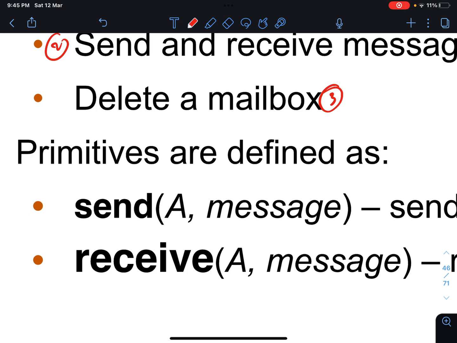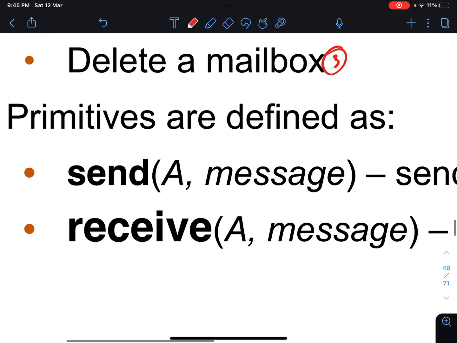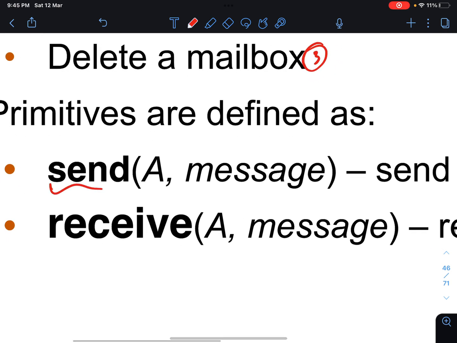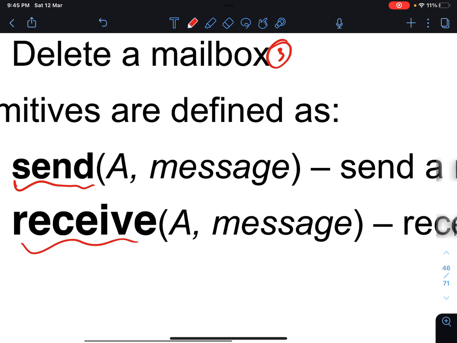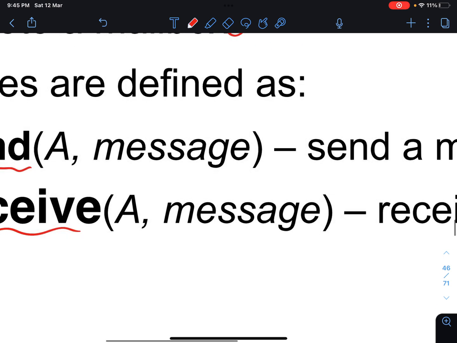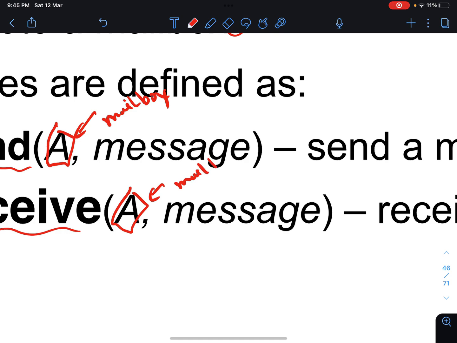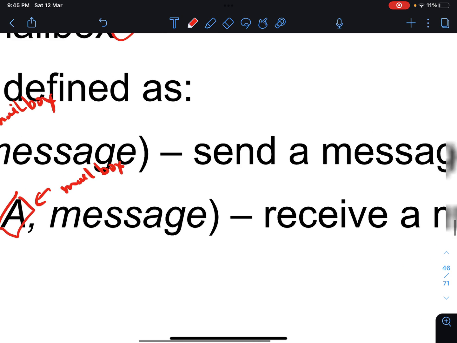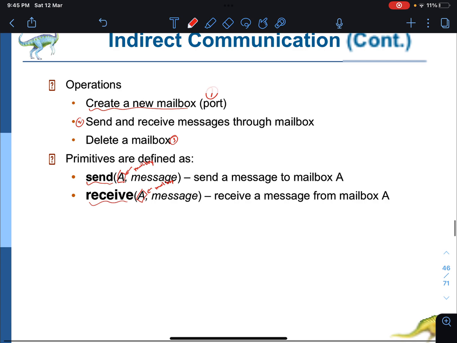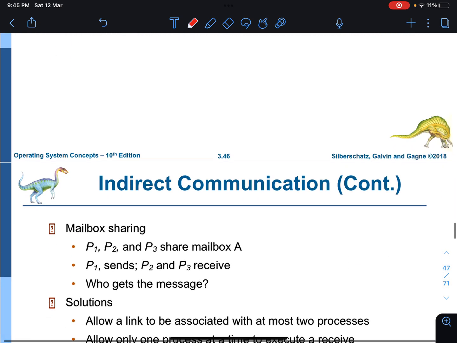This is a very common practice. And then you also send and receive. Those are the primitives. But here you send to a mailbox. Remember, in direct you send to the process itself. And here you receive from a mailbox. In direct communication, you receive from the process itself.